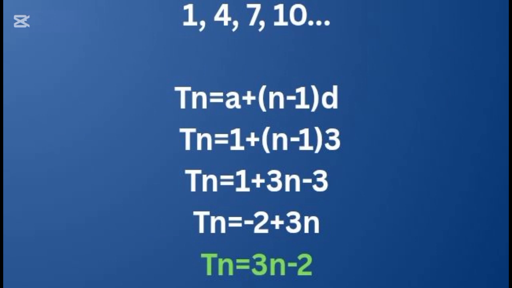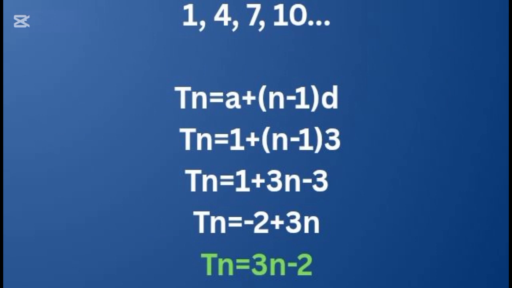And then the n we do not substitute, and the a is the first term, which is 1. So that's how we're going to substitute. Tn is equal to 1, which is the first term, and then n minus 1, and then 3, which is the constant difference. So now we're going to multiply throughout, and then we're going to have Tn is equal to